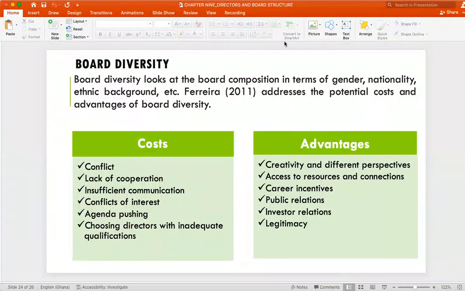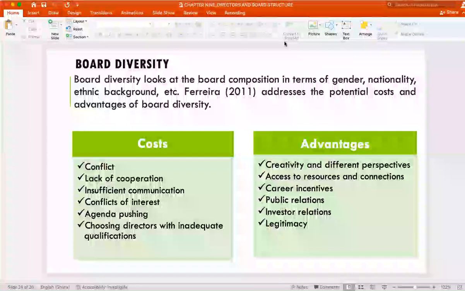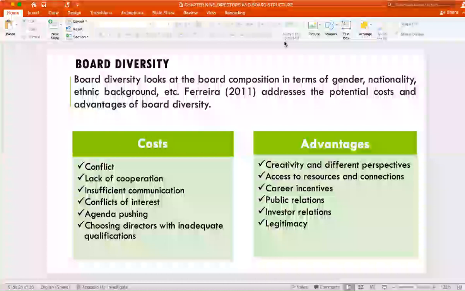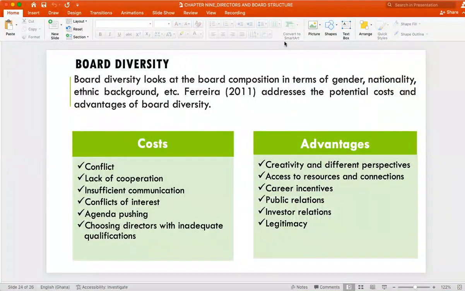Investor relations wise, as I said, the investors are also looking at all the things that we're talking about. And legitimacy wise, to get acceptance in society, it is very, very important that you promote diversity. You don't just follow one particular group. In fact, part of the diversity discussion is to cater for people with disabilities or special needs on your boards, all right? Because when it gets to that point, you need somebody who feels for them, or is like them, to be able to make reasonable contributions to the discussions. So board diversity is a major issue that is being pushed now in corporate governance discussions.